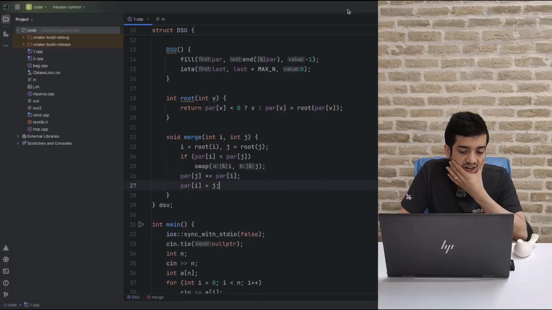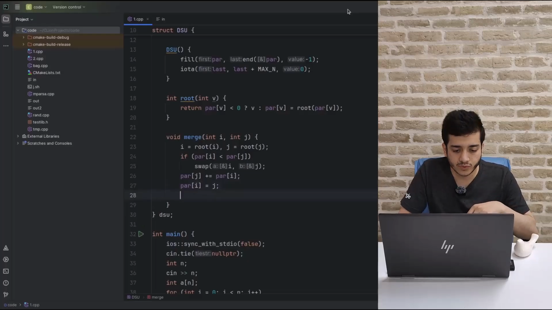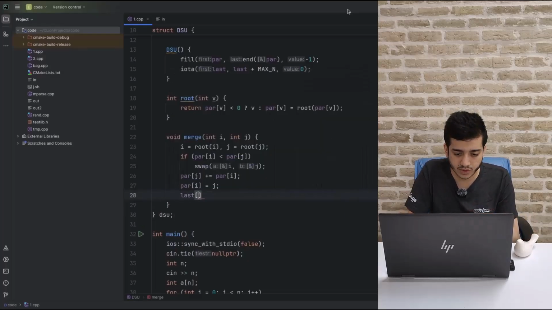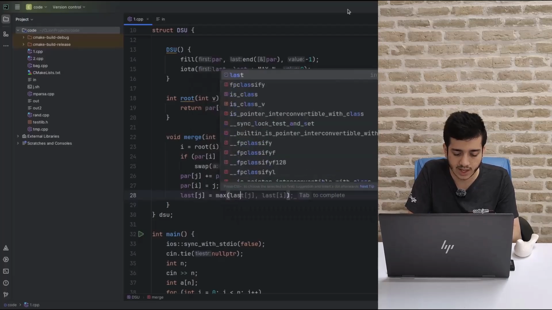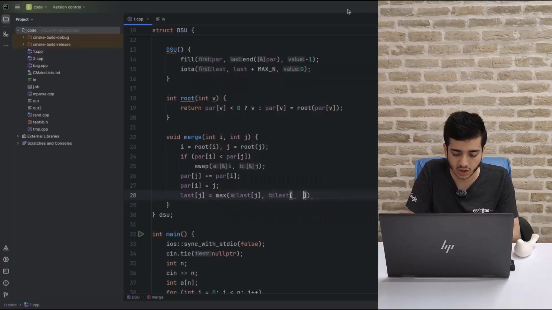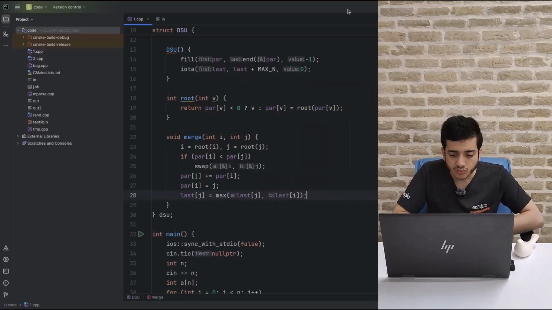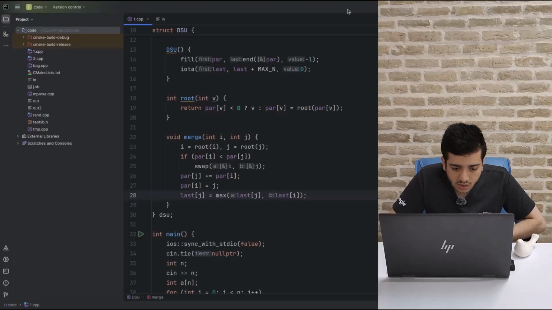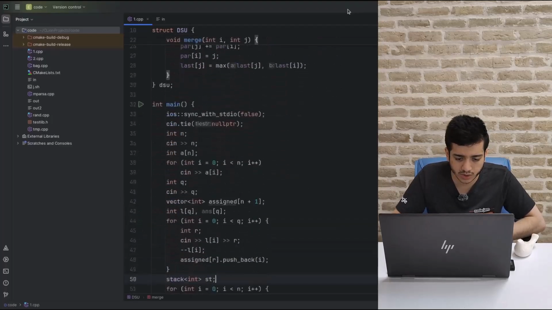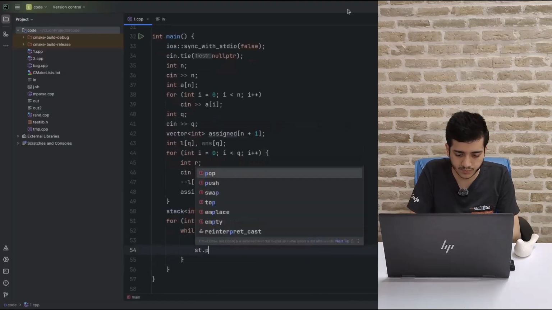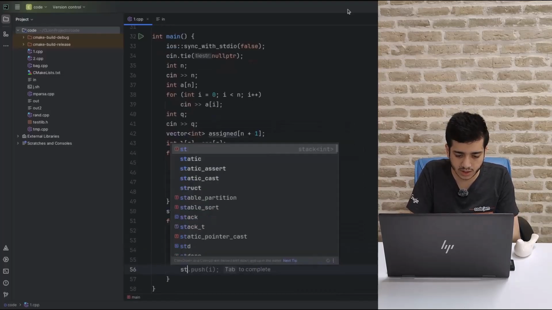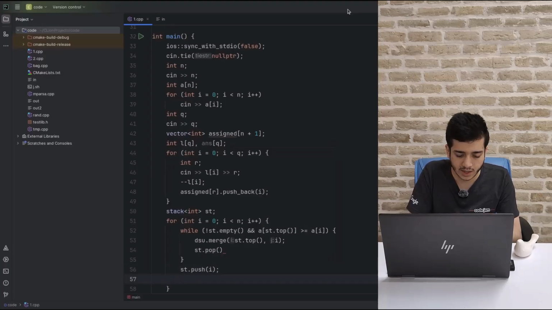And also here we need to make sure that we set last of j to be the maximum of last j and last i. So we are merging these two elements, and yeah, that's it. This part seems good to me. And we pop this element, and finally we push i, and here we answer queries,